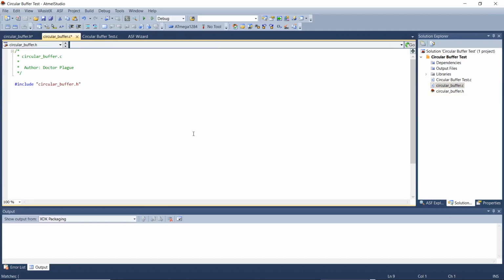The first function I'm going to create is an initialization function. This function will not return any values. I'll name it cbuffer_initialize, and it will have one parameter, and that'll be the circular buffer structure that will need to be defined as a variable elsewhere in the user code. And this initialization will just set the read and write indexes to 0. We could also just copy one index to the other. It doesn't matter, we just need them to point to the same location in the array, so it starts out as empty.